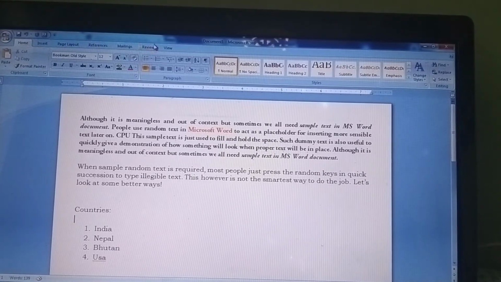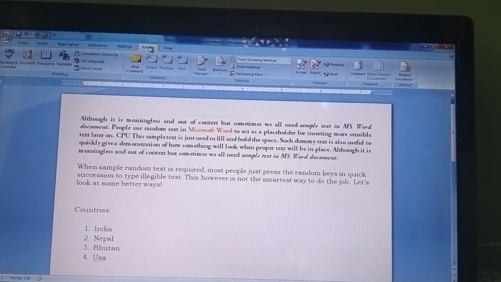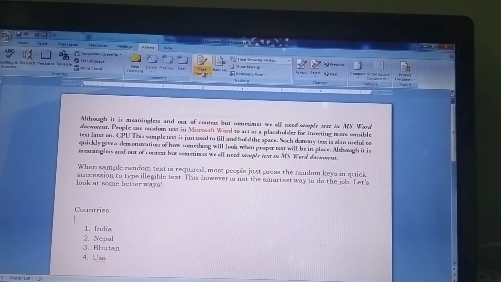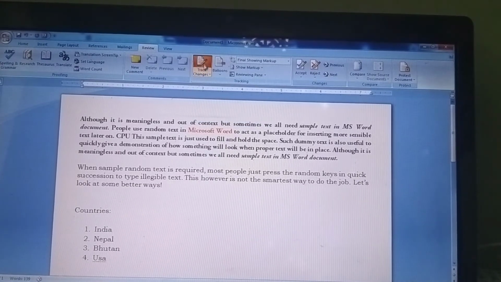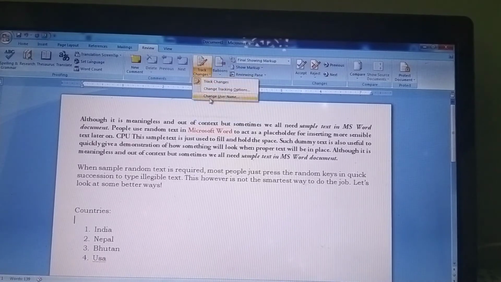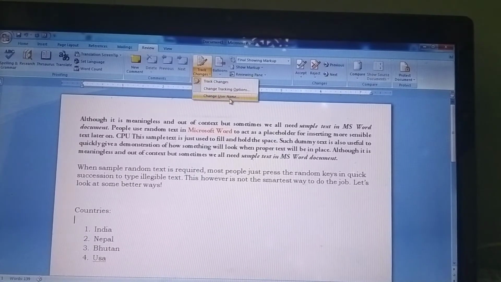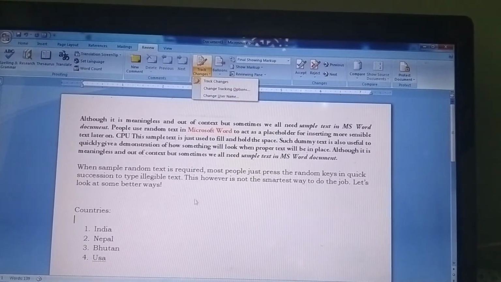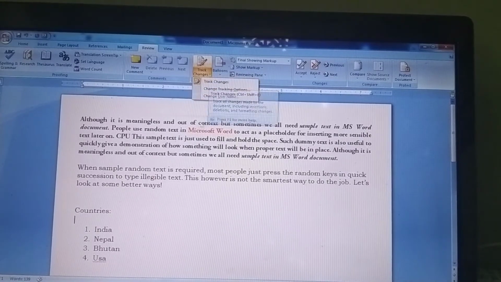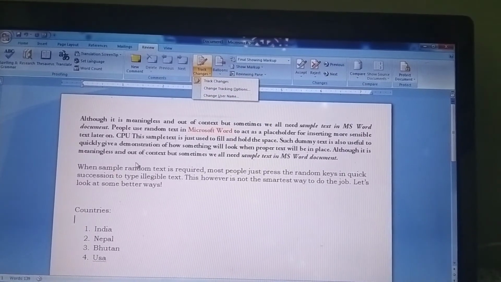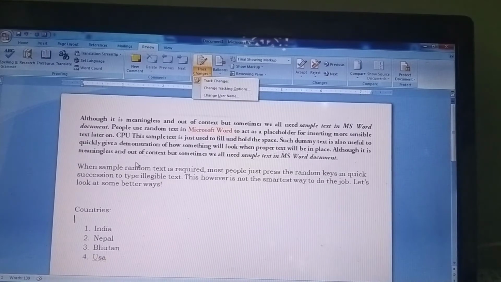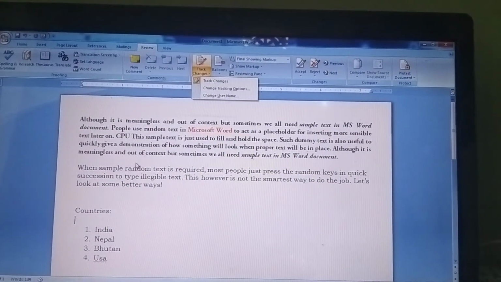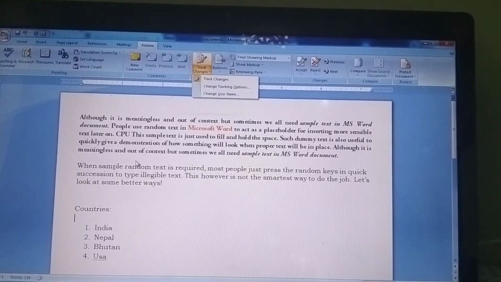I will go to the Review tab. In the Review tab you can see the Track Changes option is over here. I will select the track option. Now see, it has been turned on. There are three options in Track Changes: change the tracking option, or change the username. Got it? So what you can do is track the changes, meaning whoever is changing, you can track it, and whoever is doing any corrections in your original document, you will get tracked on those particular things.